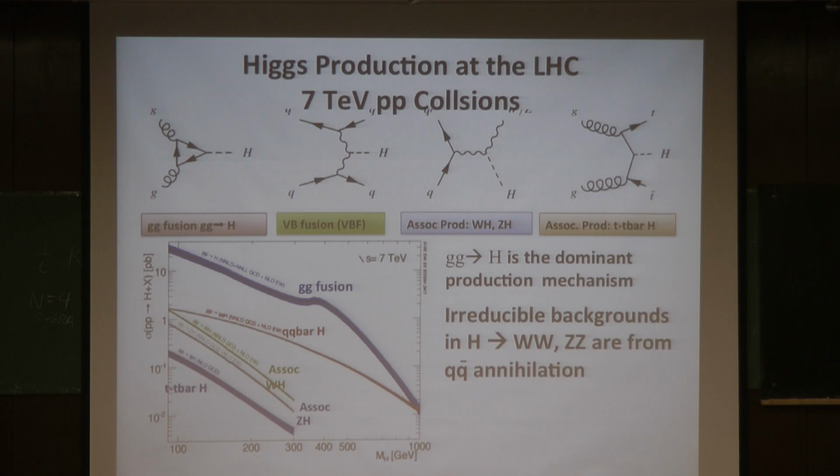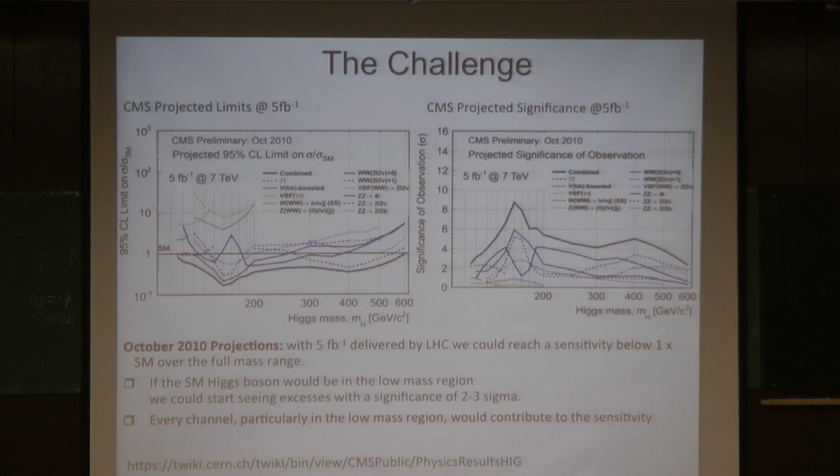Now, you probably know that there is a calculation for unitarizing the WW longitudinal scattering amplitudes between 1.2 TeV and 1.6 TeV, that things can go wrong if we don't have a Higgs-like electroweak symmetry breaking mechanism, okay? So we're plotting these things only up to 1,000, and one can actually start thinking whether it makes sense to talk about Higgs after 300 or 400 GeV, or whether this is something different.